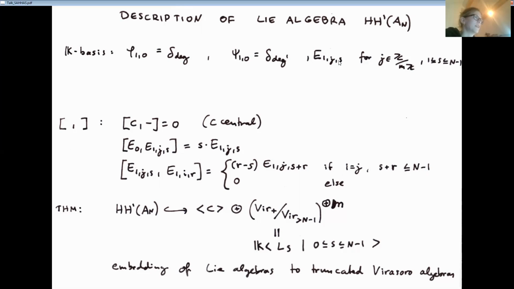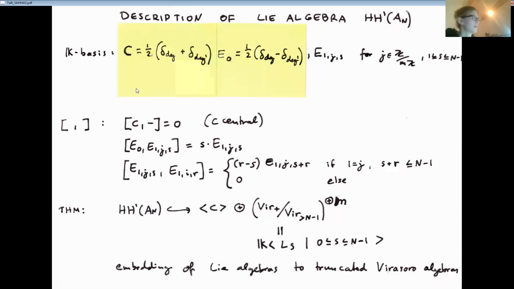And then we have these E1JS that attach to the arrow AJ the cycle around J S times. This basis here can be rewritten if we take the sum and the difference of these degree derivations,